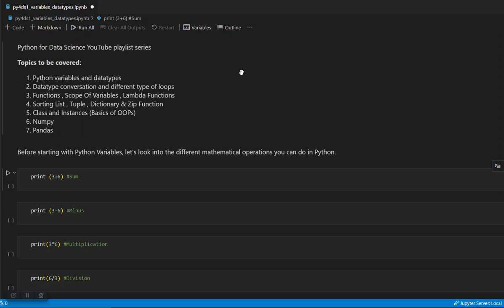sorting list, tuple, or dictionary, then the zip function, how we can use the zip function, then the very basics of OOPs concept, which we need for data science also. Whenever you want to work on deep learning problems, you need to know the very basics of OOPs concept. So that I will also touch in this series. Apart from that, I will also go through the very basics of NumPy and pandas that is required for data science, right? Yeah, to start with, before going to the variables, we will start with the very basic mathematical functions